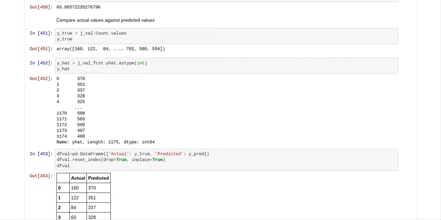And then now we're going to compare our actual values against the predicted values.